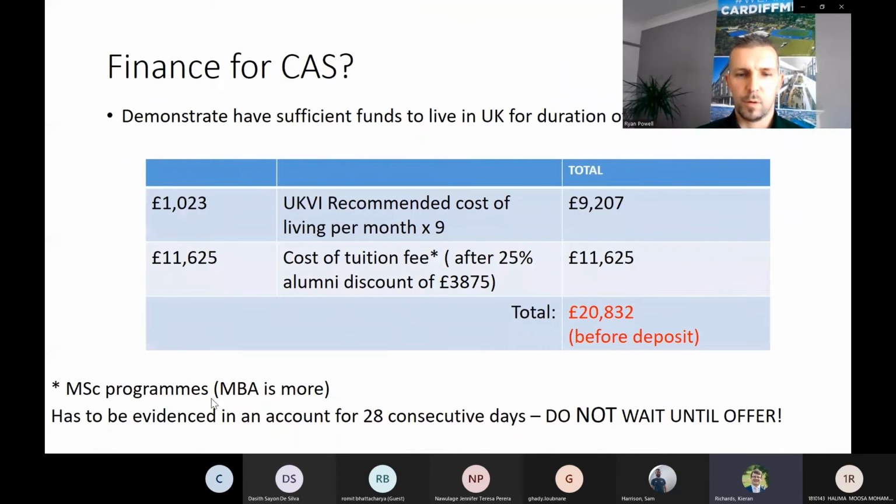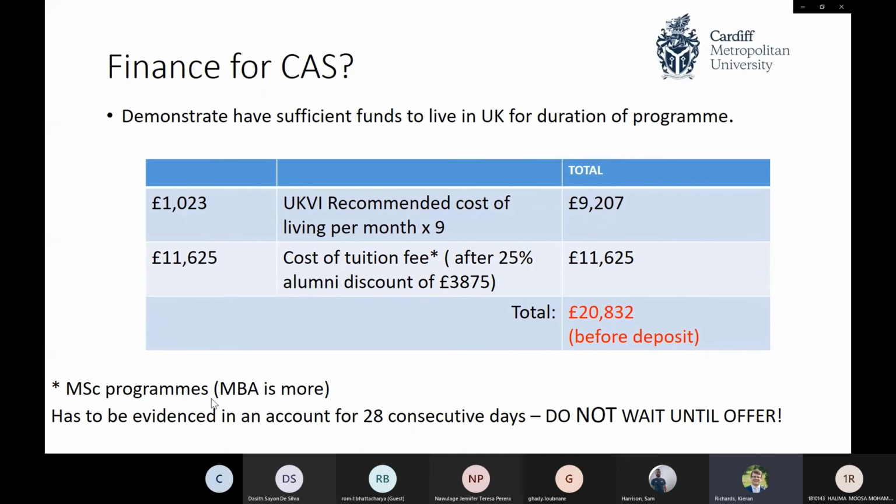The finance involved for CAS is always a contentious subject, but I just want to make you aware of the values, because they are very important in obtaining that CAS. The UKVI state that the recommended cost of living in the UK is £1,023 per month. They base the CAS on a 9-month residency, so what you have to demonstrate is that you have sufficient funds to live in the UK for that duration. So that comes to